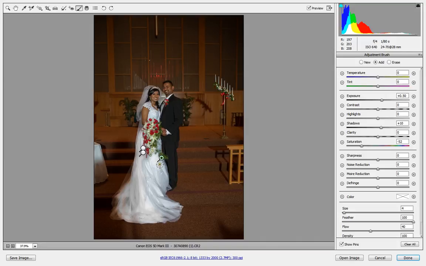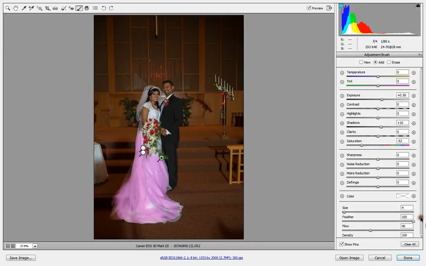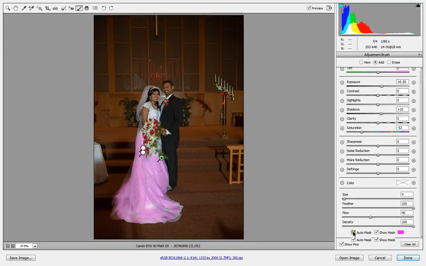Again, I'm going to press the Y key so I can see where I'm painting with this new brush, and I'm only desaturating, I'm not brightening at all. So I'm going to go over the entire dress to get rid of that bluish tone to her dress. I go around the edges first. A little thing you may not have noticed because it's down at the very bottom of the right-hand screen. If I slide down a little farther, there's something called Auto Mask. If you click that, your